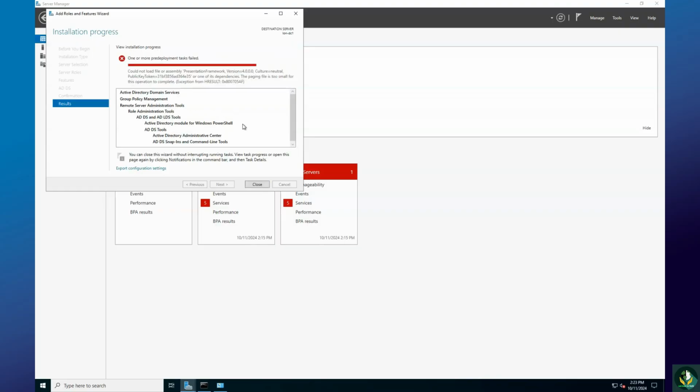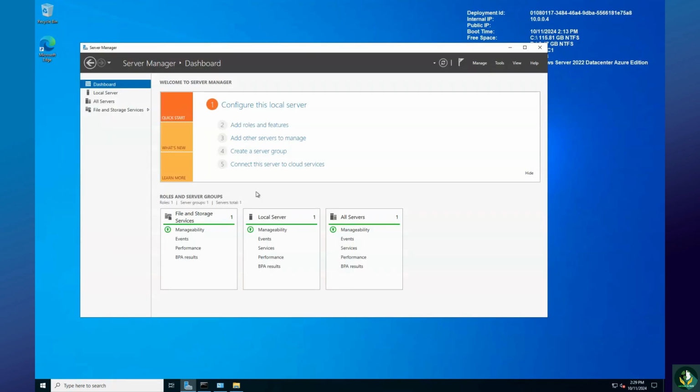And as you can see, we get an error here: could not load file or assembly presentation framework. The paging file is too small for this operation to complete. That's because this server does not meet the minimum requirements to get the Active Directory roles and features installed. I'll click Close here and let me open System Properties with